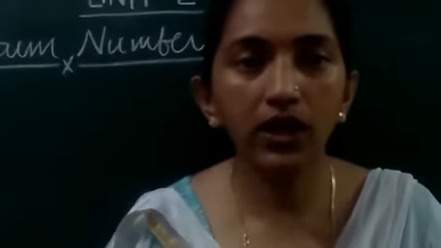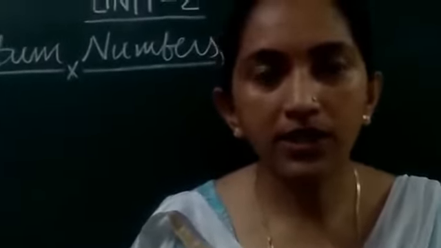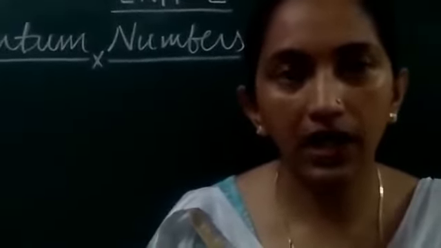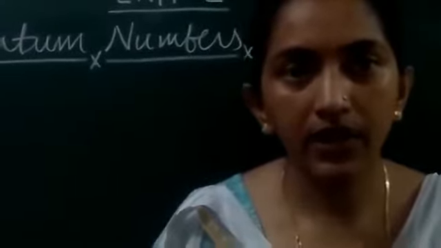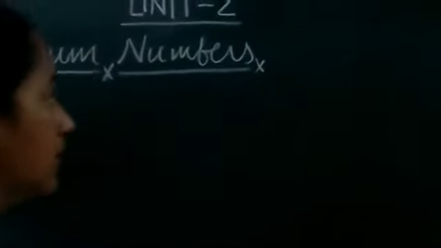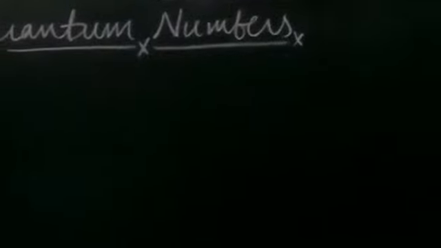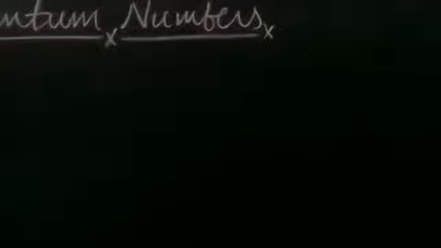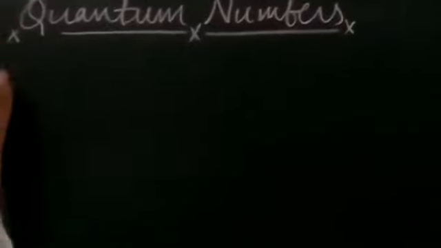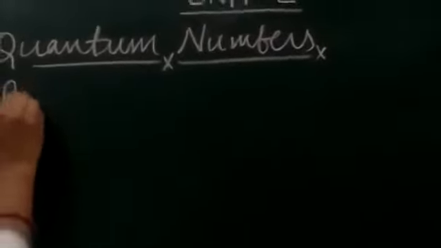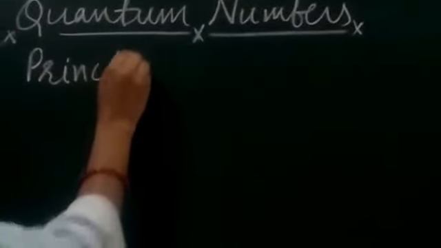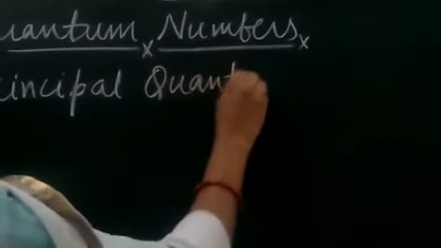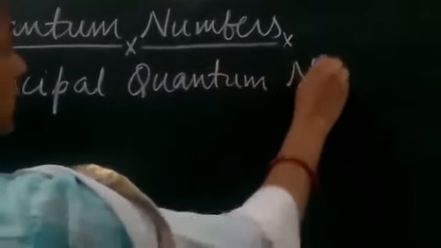So let's start with the principal quantum number. The principal quantum number tells us about the energy level of the electron in an atom. So we'll begin with the principal quantum number. Quantum numbers are a set of numbers which help to locate the electron in an atom. So we have the first quantum number, which is the principal quantum number,